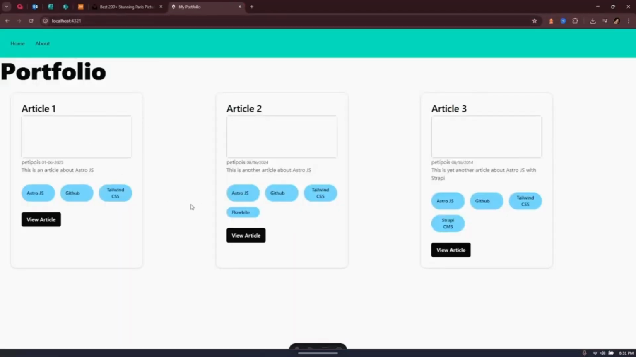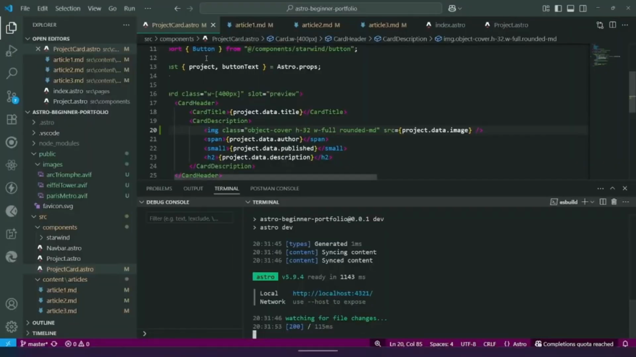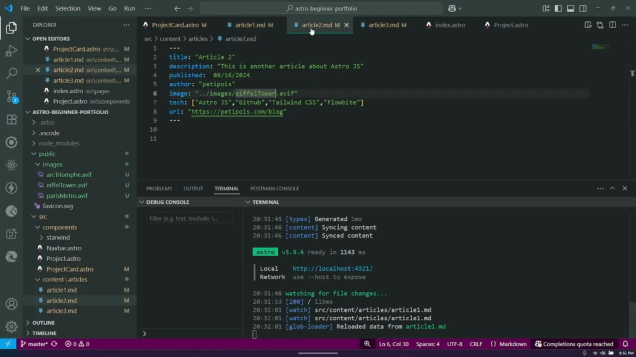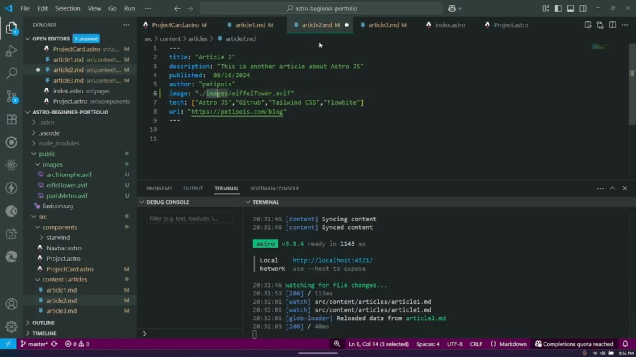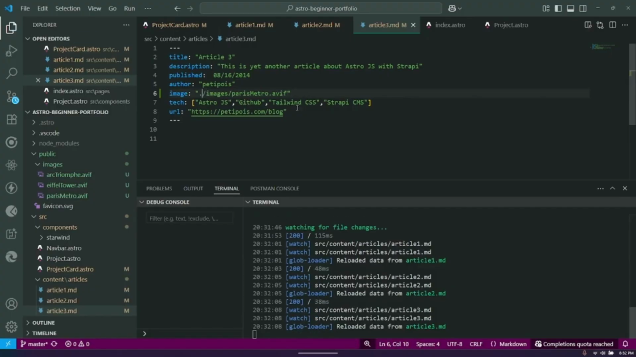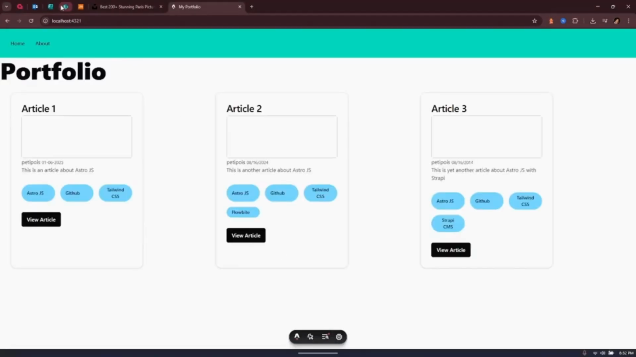Okay, so we're getting something. We're not quite getting what we need, and I think it's because I need to change that to / so that it knows I'm talking about the public folder. So let's refresh,